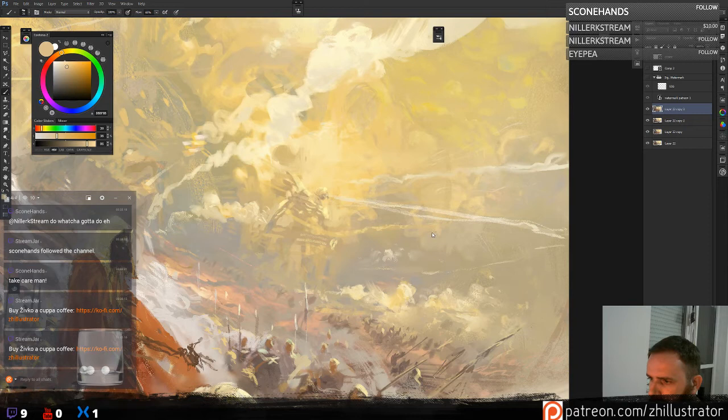Very careful with the values in the background. We don't want them to be too light. Also, we don't want the colors to be saturated too much. That's one of the important things when dealing with the background elements. We want our colors in the background to be less saturated.